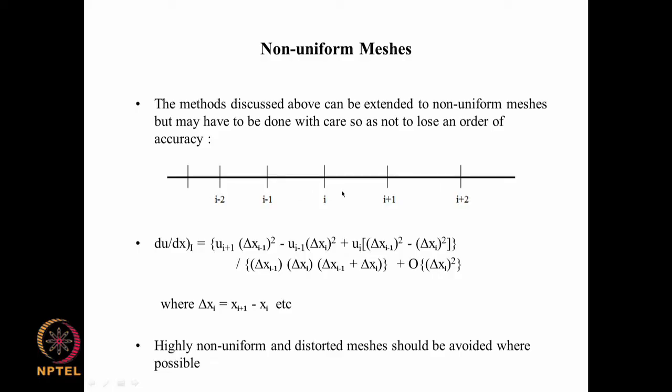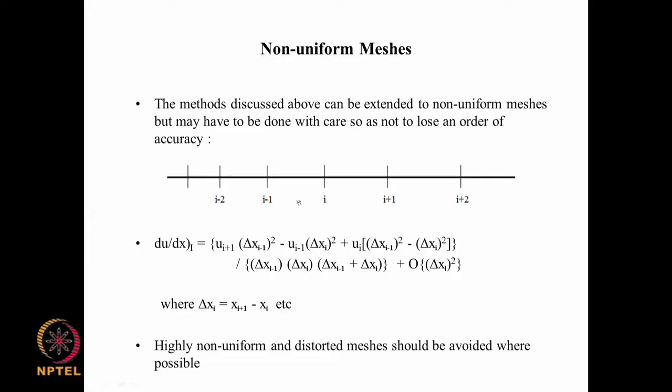So for such a case we can define a delta x, but the delta x is not the same. We can associate the delta x of node i, and define it as delta x_i equals x_(i+1) minus x_i. So delta x_i here is this distance. You could also say that is the average from the midpoint of this to the midpoint of this, but this is one definition, and with this definition you can go back to the earlier Taylor series expansions and